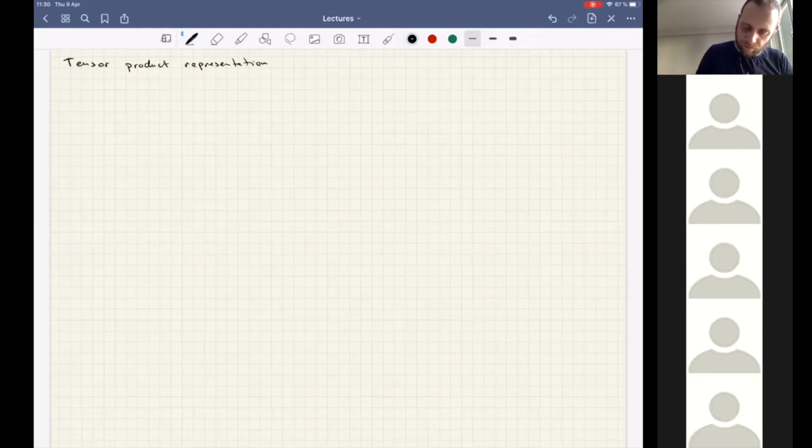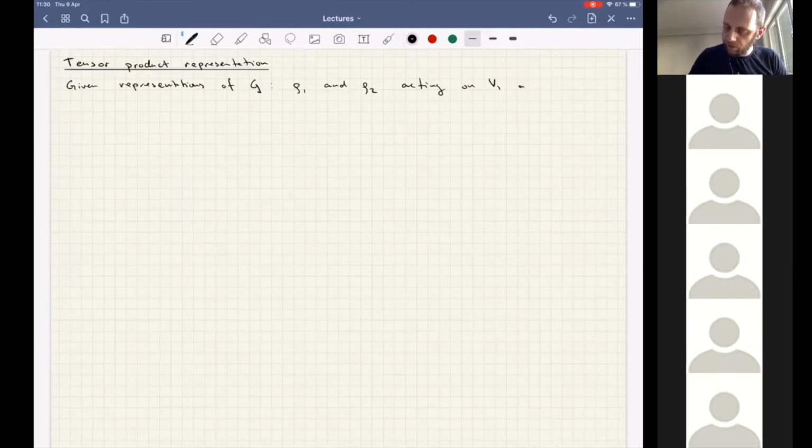That is to say that if we have two representations of G, so given representations of G, rho 1 and rho 2 acting on V1 and V2 respectively, then we can construct a new representation, which is called the tensor product representation, which is a representation on the product space of V1 and V2. So the tensor product representation,